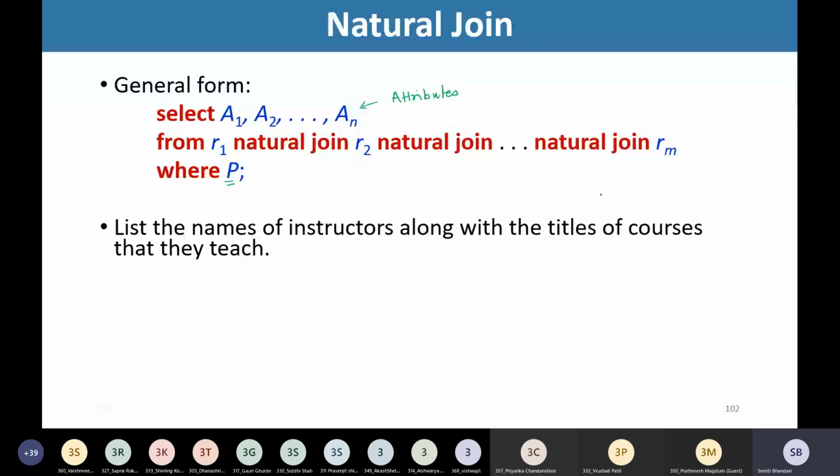So we have written a similar query earlier, wherein we extracted the name of the instructor and the course ID of the course taught by that instructor. Right? We wrote this query earlier using natural join of instructor and teachers. But now what do we want? We want to list out the names of instructors.